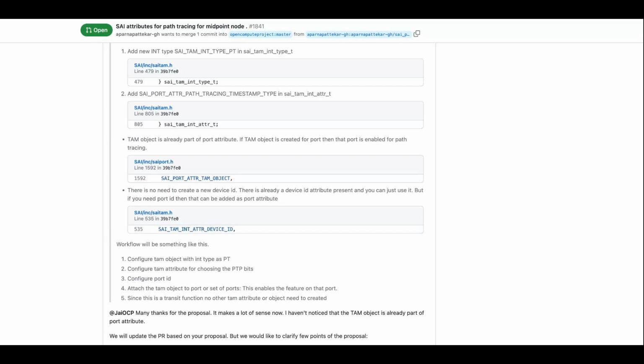So your two attributes remain the same. What are there available? Essentially, your proposal of making the value 0 and calling that feature disabled is now reflected in the TAM object. If the object is present in the port, then the feature is enabled. Otherwise, it's disabled. And then you can add a valid-only condition check in the